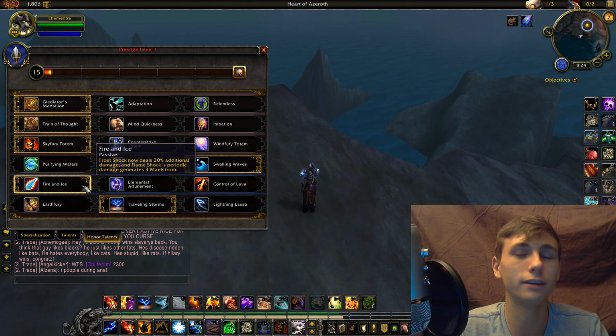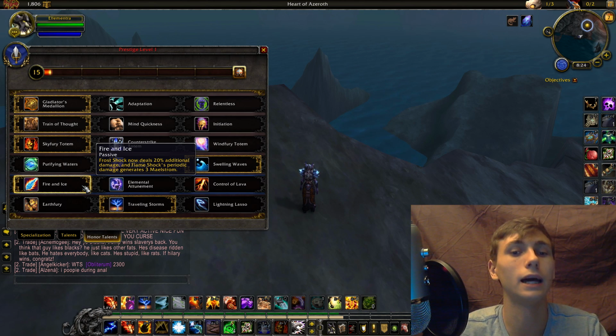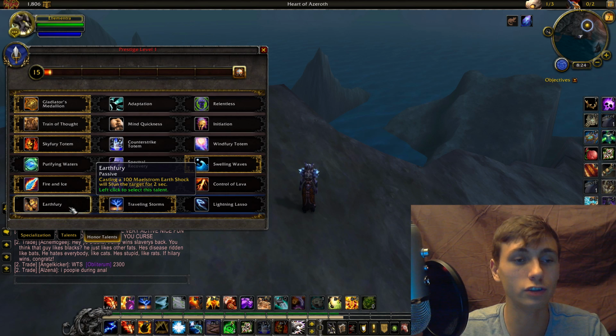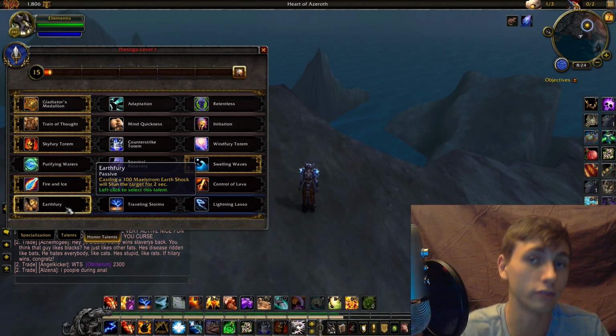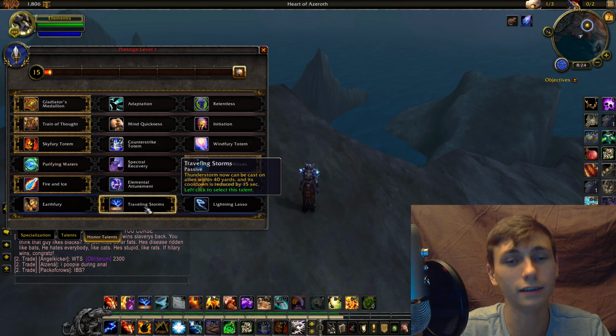So now, since you're going to be multi-dotting as many targets as you possibly can with flame shock, this is going to make your maelstrom climb unbelievably fast, which is going to allow you to pop your earth shock very often, which is why I like to do earth fury, which is going to make it so you have that 2-second stun. Traveling Storms is actually a very, very good option as well,